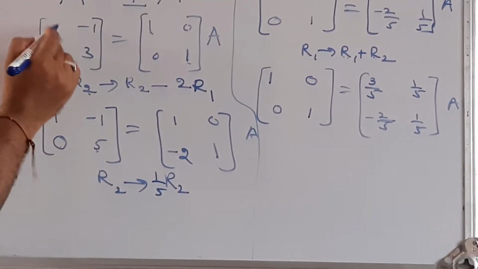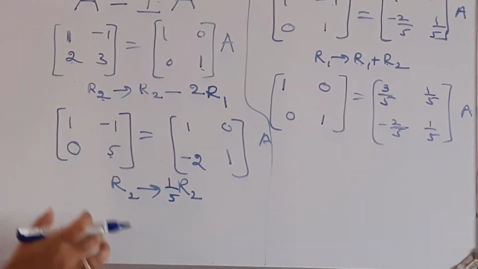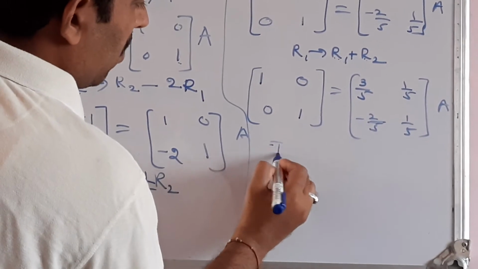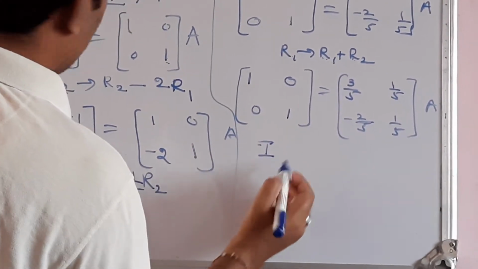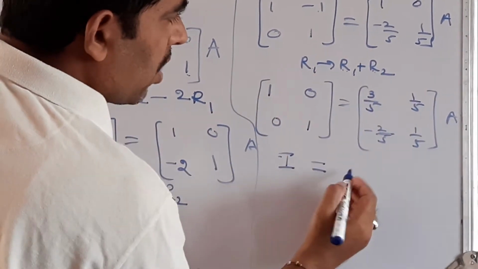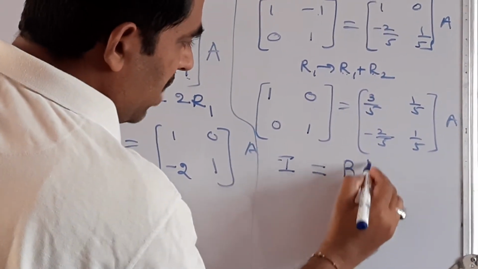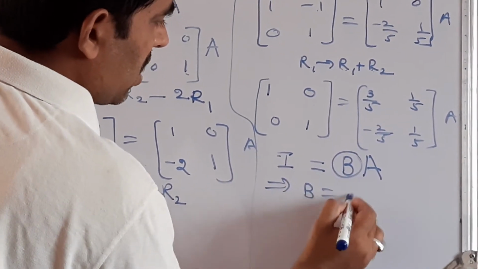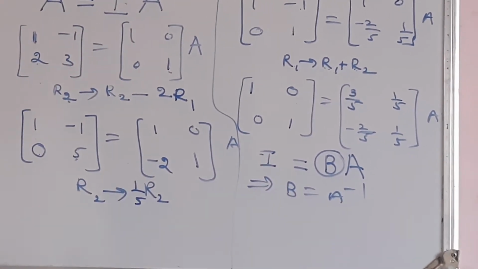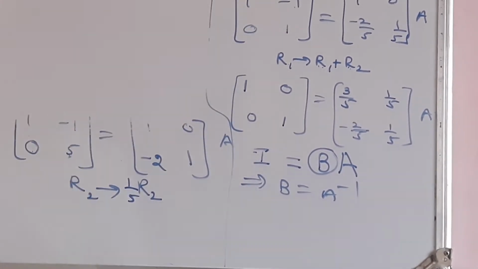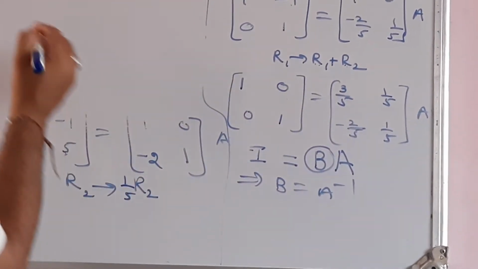So this right hand side, we had this, which has been reduced to 1 0 0 1. This is nothing but, as I told earlier, this is I. Then whatever I got inside the symbol here, that has B. This implies whatever I got, this B, is the inverse of A. So this one is the inverse of the matrix.